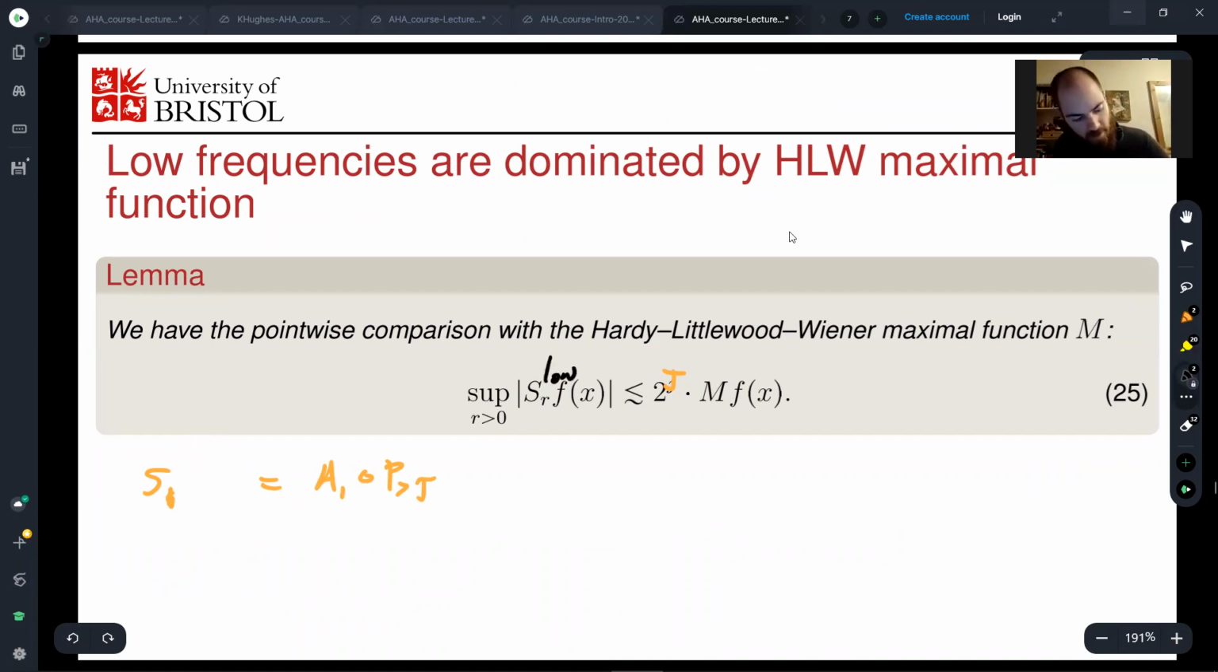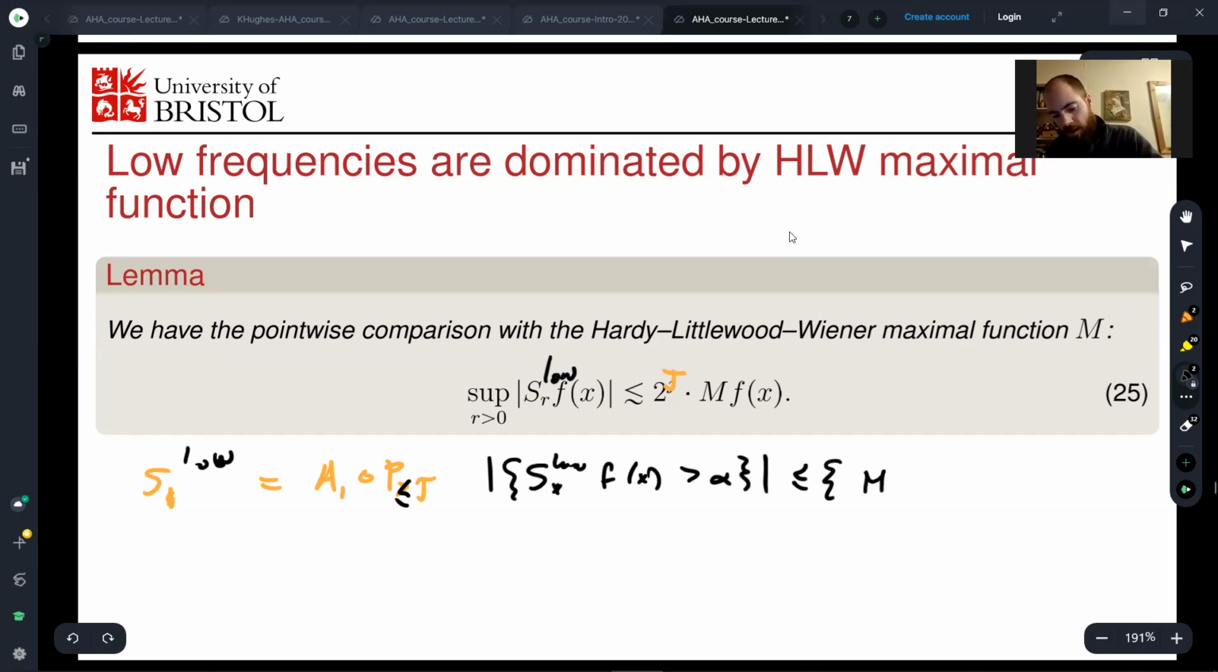Low, and low is all less than or equal to J. Right, okay, so now that I have this bound, I have S star of low, F of X. If I'm looking at this set where it's greater than alpha, all the points X that are greater than alpha, well, that's at most